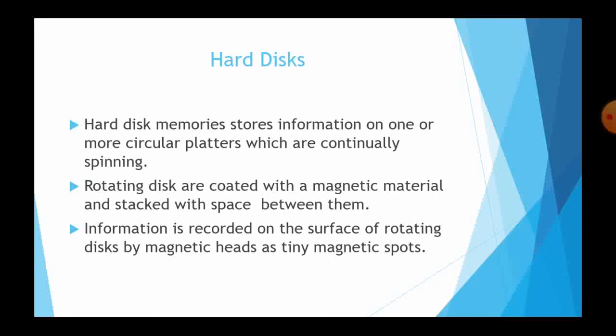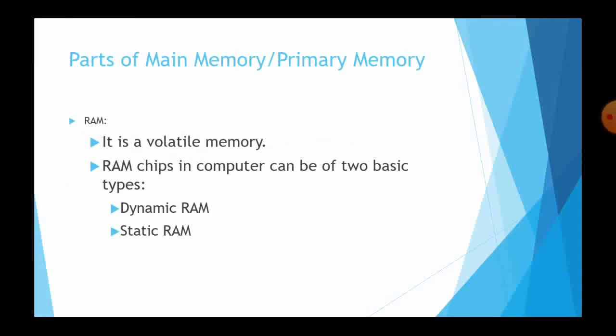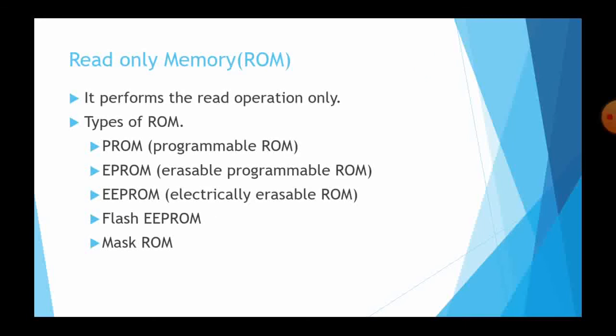We will revise what we have completed today. We have learned the parts of main memory. The first memory is RAM, random access memory, a temporary storage area. We can access the data, but once the power gets off, the data gets erased. RAM has two types, dynamic RAM and static RAM. Dynamic RAM is made up of transistor and capacitor. Static RAM is made up of flip-flops. Dynamic RAM is used in primary computers. Static RAM is used in specific applications.